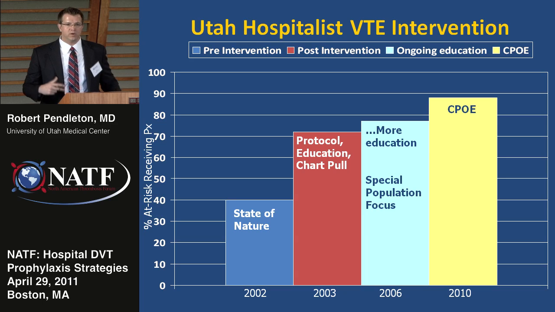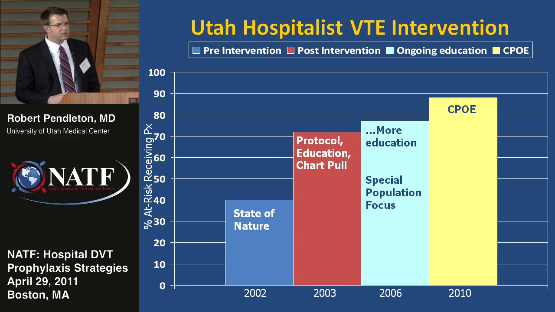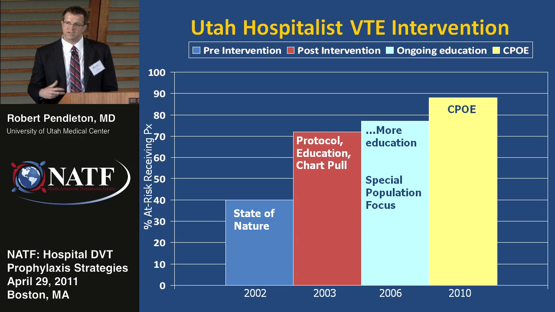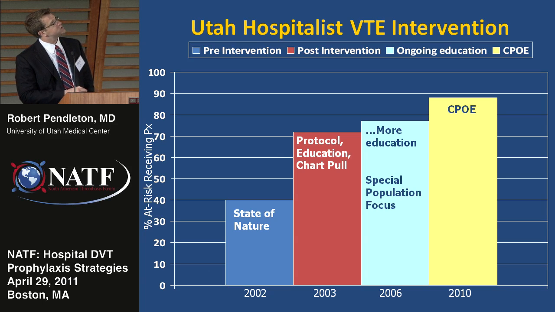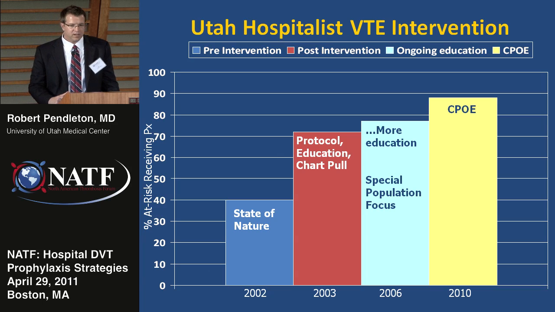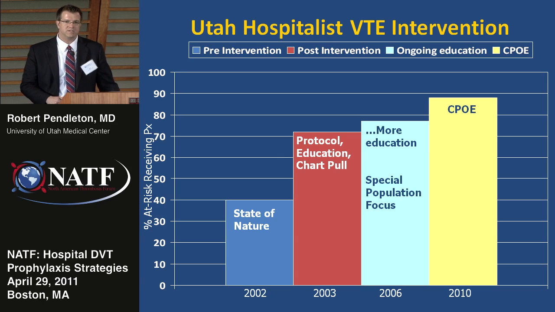So at that point in time, we knew about QI principles, and so we took a multifaceted approach, and we created a protocol, had broad-based education, we implemented audit feedback, and within a few months, we improved our prophylaxis rates to about 75%. Well, that's when things stalled a little bit because we had a paper-based chart. We had a fragmented sort of system that we were working in, and so we just kept plugging away at awareness and education and continued to slowly move the needle in terms of our prophylaxis rates.